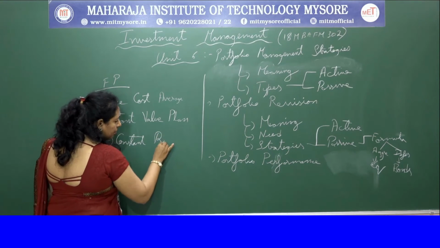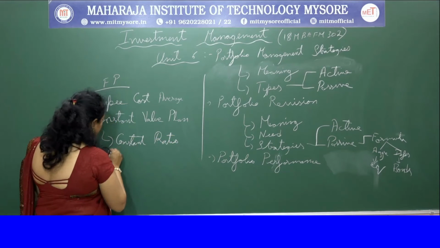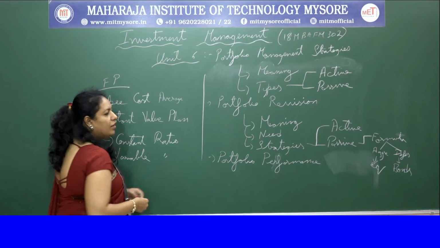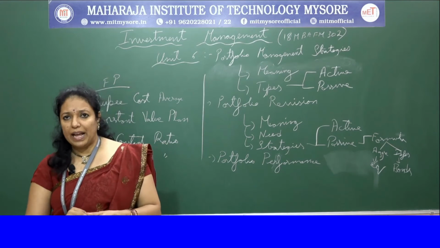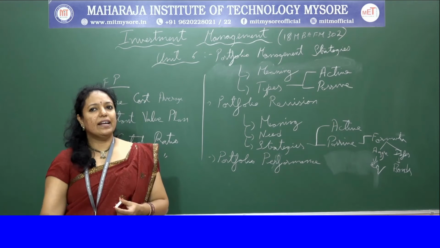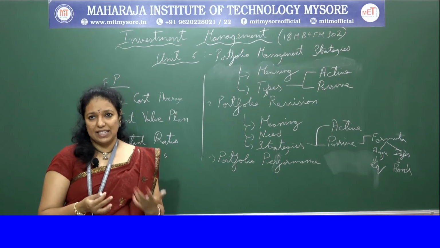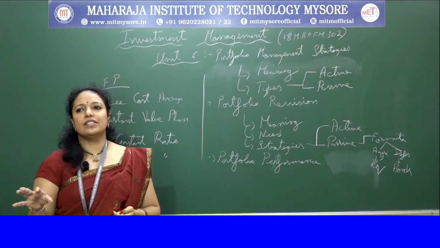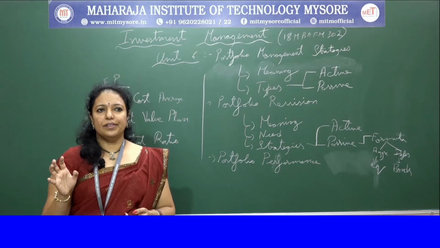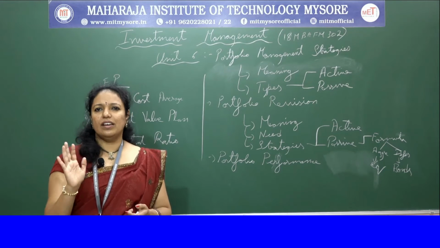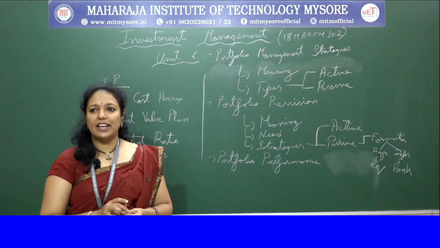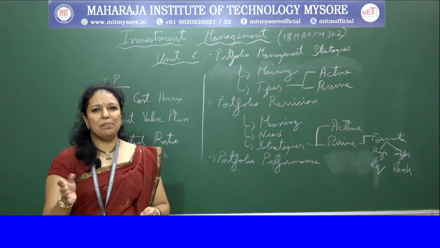Constant ratio and variable ratio. Constant ratio plan is where it maintains a fixed ratio between aggressive and conservative assets of a portfolio. The investor constructs a portfolio comprising aggressive and conservative assets. Whenever the aggressive assets rise, the investor should sell, and whenever the aggressive assets fall, the investor should buy, in order to keep a constant ratio.